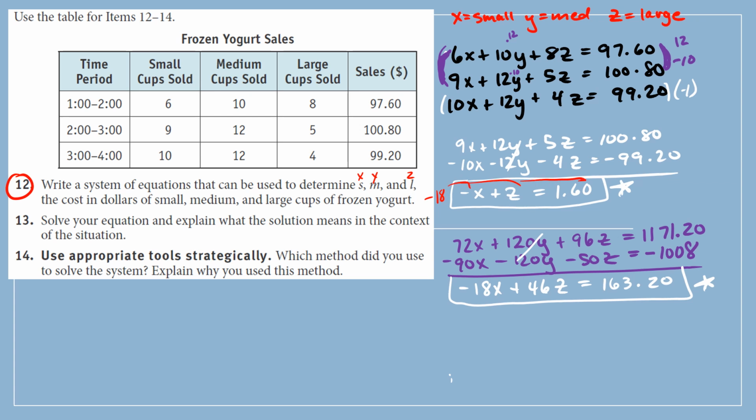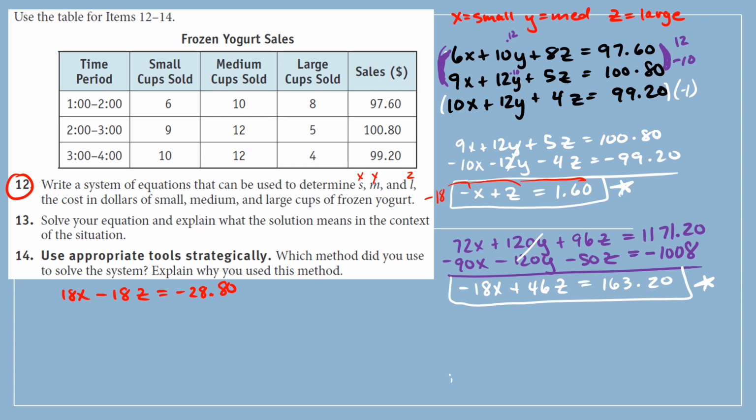And that is going to change this first term to 18x and -18z equals negative 18 times $1.60